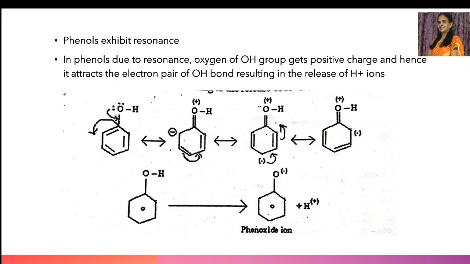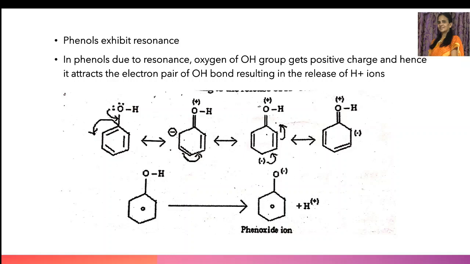And this goes inside, and here this pi bond comes over here. Then this carbon gets a negative charge, and the double bond is between these two carbon atoms. Finally, it goes inside, and then this double bond shifts to oxygen. Then we will get phenol. Okay, so this is the resonance. These are all the resonance structures of phenol, and this is the resonance exhibited by phenol due to the presence